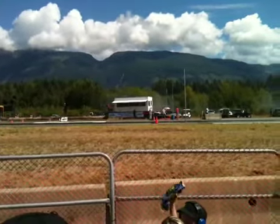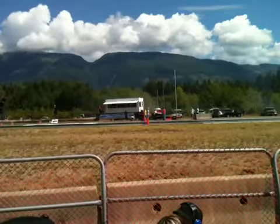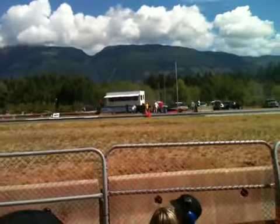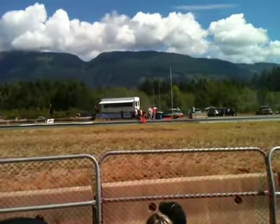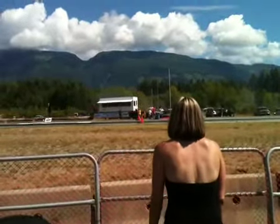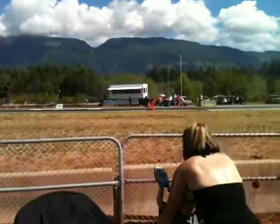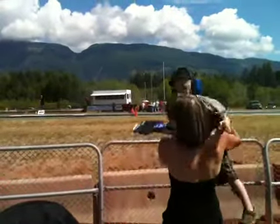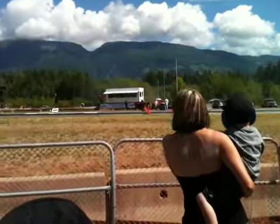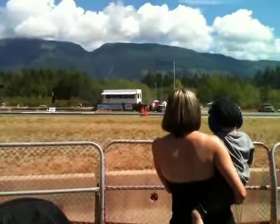Starter Steve catches the tree right away, so we're going to back him up, get him back into the beams right away. Brother Mo showing the car actually triggered the beams with the front body work. So I think what you'll see is happening here, and you may see it on a couple of these cars this weekend, is because the air strip is crowned, the lights that trigger the pre-stage and stage lights are set